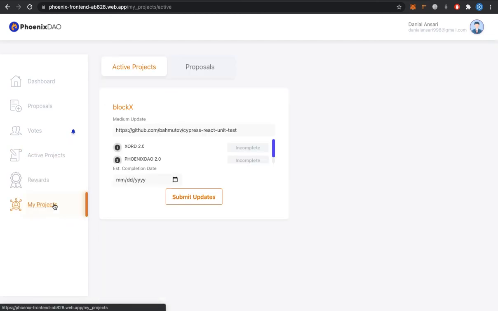On my project, these are the milestones. If I hit complete on this milestone, it will move towards the admin, and they will check my repository or my work to make it complete, and the milestone will be completed here.